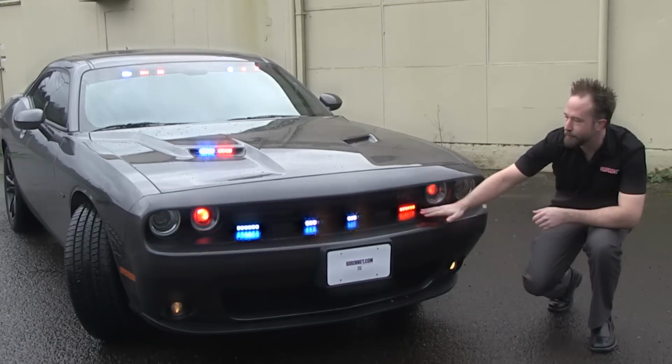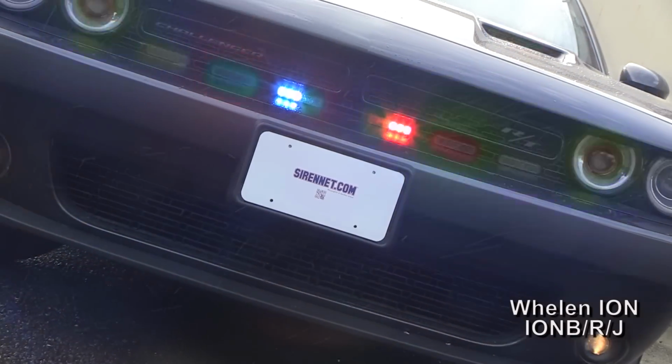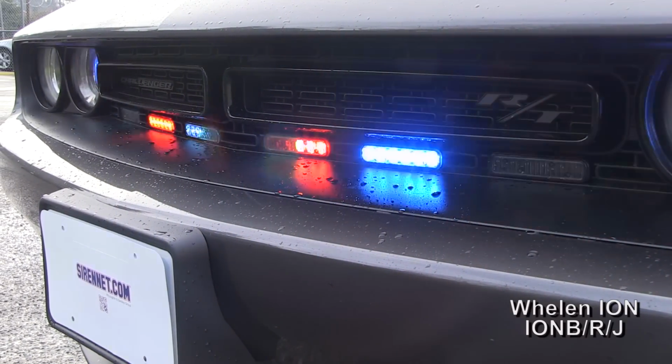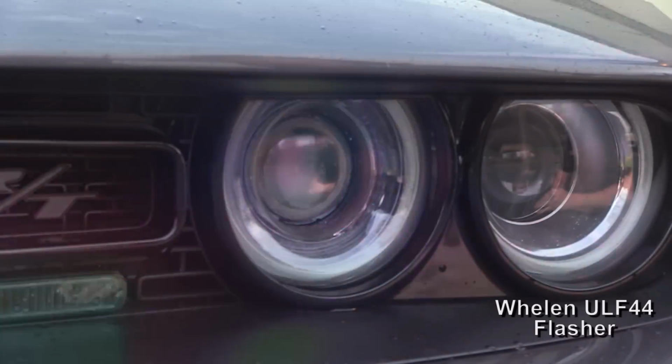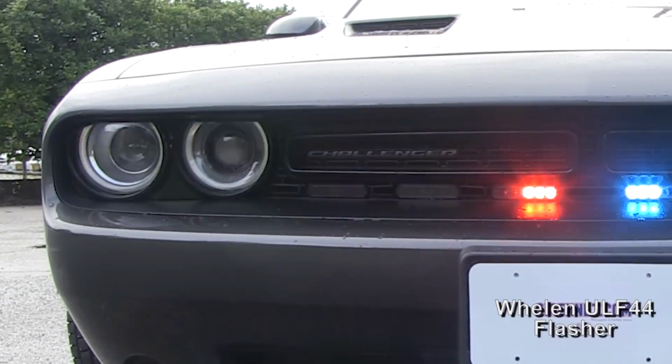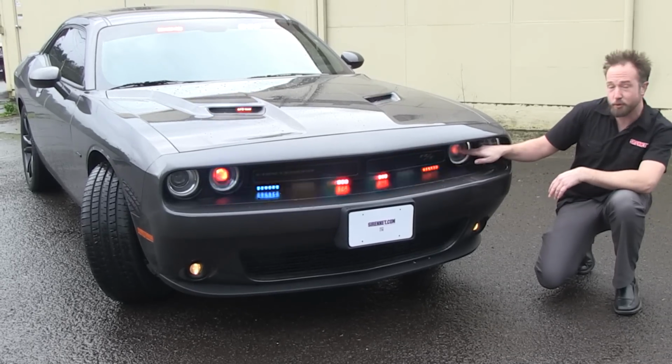Getting down in here, Devin's array of Ions in the front grille turned out absolutely wonderful, and there is no doubt about it. You can't miss that red and blue. ULF44 flashing the white in the halos for a very trick effect. Inside the projector,